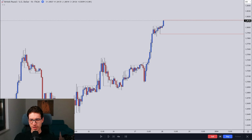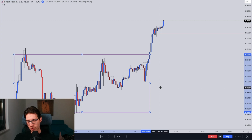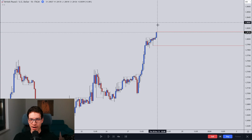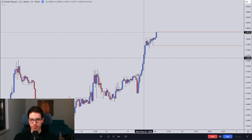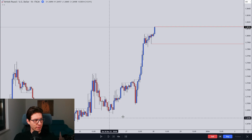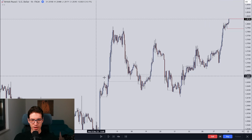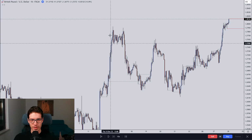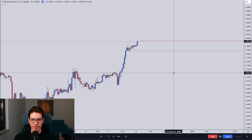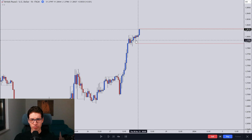Why? Well, price action, this is looking very, very corrective, range bound. So the only thing that's really going for buying right here is this push. That's the only good sign about this price action. This is looking very, very corrective, very, very range bound and just stuck in a range from this large push. Usually when you get a large impulse up, price ranges around inside of it, and then it's kind of a no man's land. So yeah, the only good thing was this push, but then we kind of ranged around here,